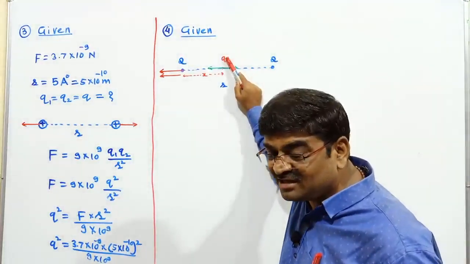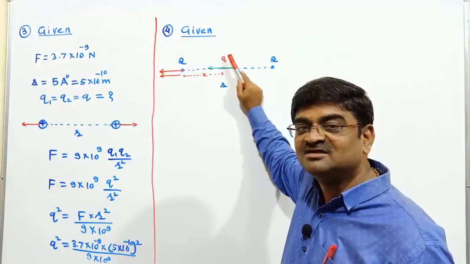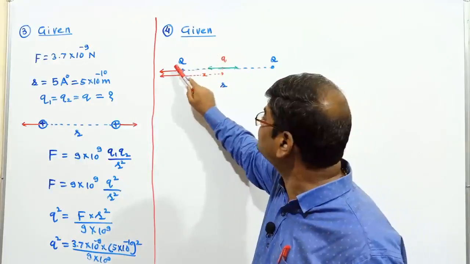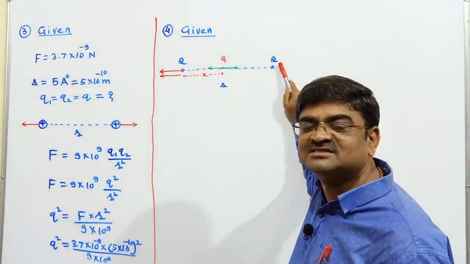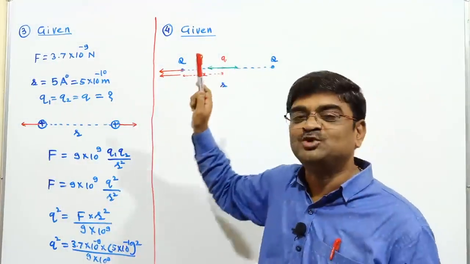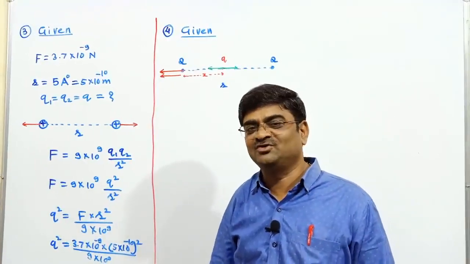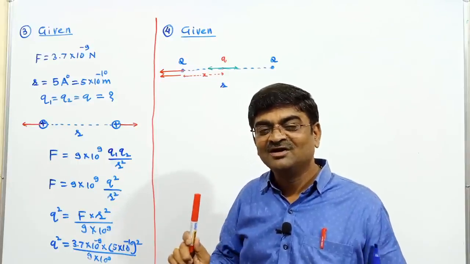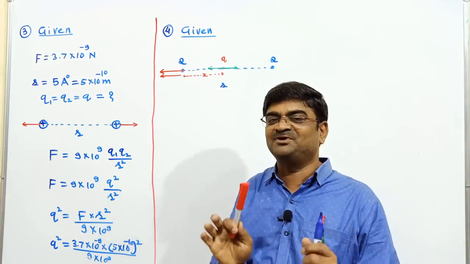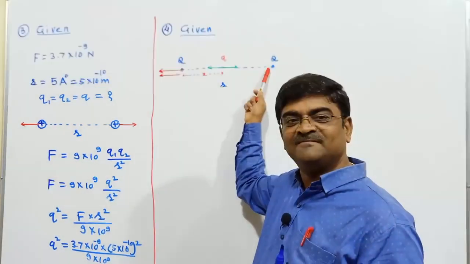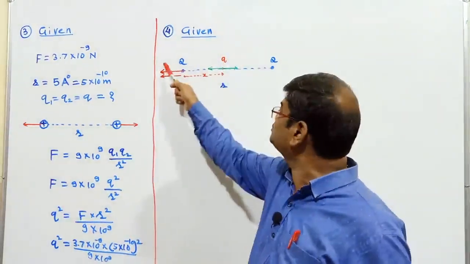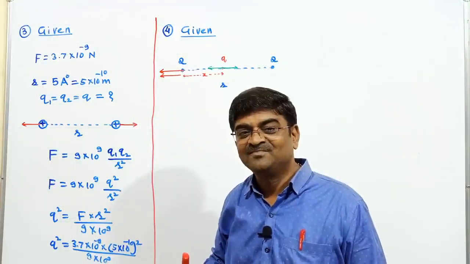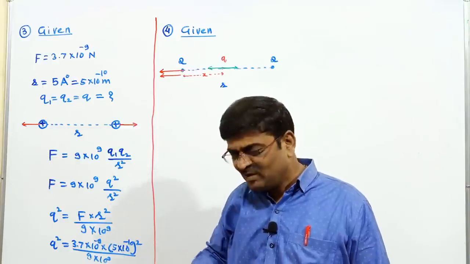So I mean the third charge which is to be introduced in between the system of two like charges should have nature opposite to the two charges which are given. So what I get to know is that the third charge which I am introducing here must be of opposite nature compared to these two. If these two are positive, this must be negative. If these two are negative, this must be positive. One answer I could reach now: nature of charge.